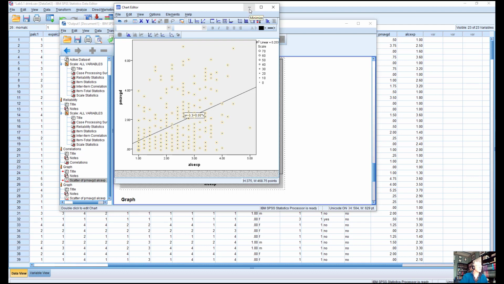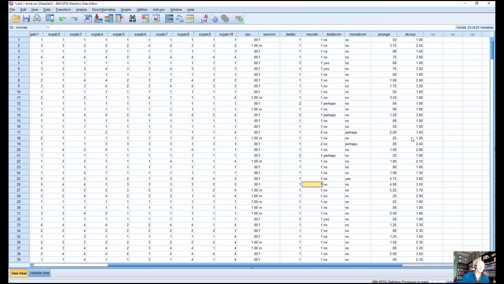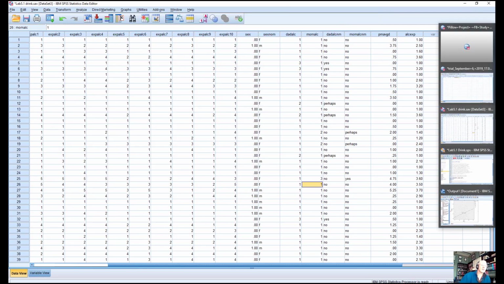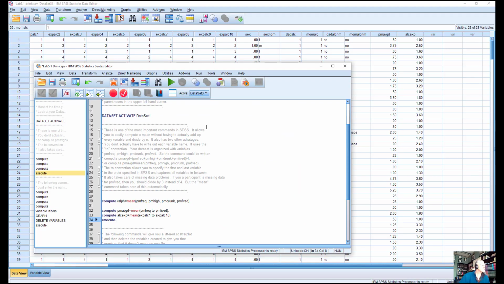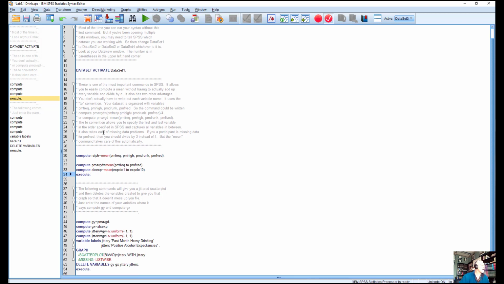And so what I prefer to do is what's called a jittered scatter plot. I've actually written syntax for you for a jittered scatter plot. So if you go back to the syntax window, notice a slightly different coloring scheme indicating the syntax window.